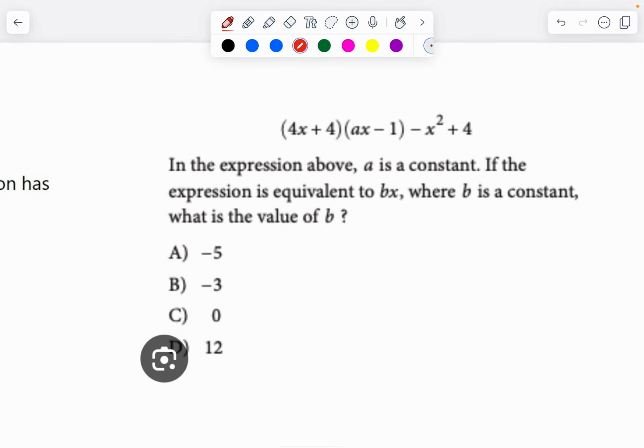Okay. And the next one, let's see. In the expression above, a is a constant. If the expression is equivalent to bx, where b is a constant, what is the value of b? Okay, so here's what I see. They're saying this is equal to bx, which means we